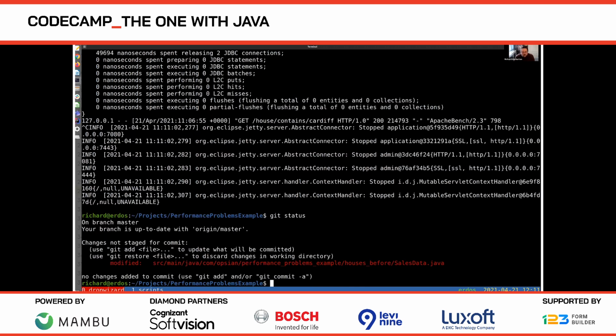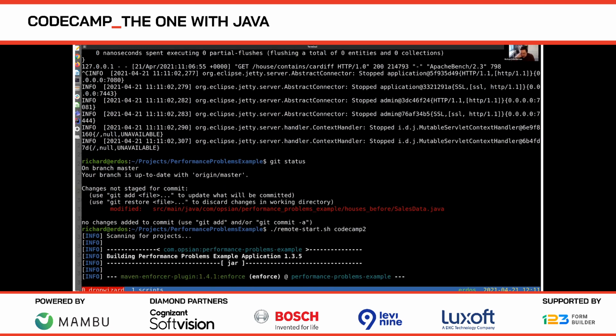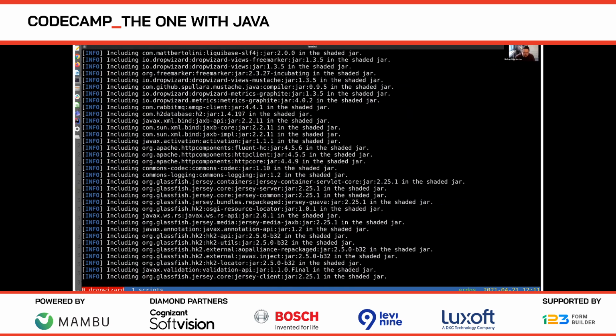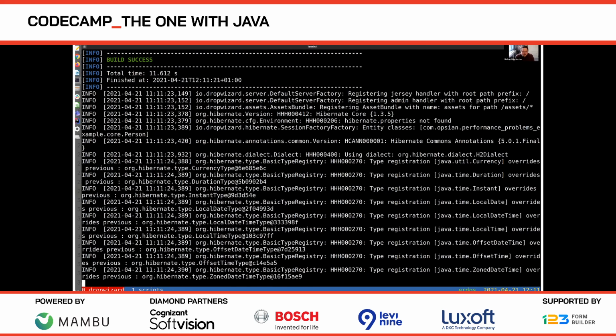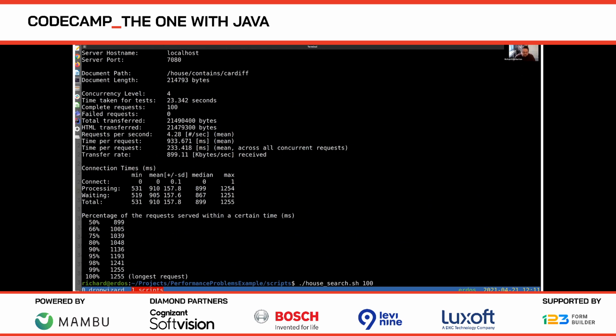Okay, so fantastic. So I'm going to restart this project now, having made that change, and I'm going to have that code recompiled and bring that service back up again, because performance troubleshooting is an iterative process, right? You want to find a problem, fix the problem, and then move on to the next problem that you see within your system. So that's come back up again.